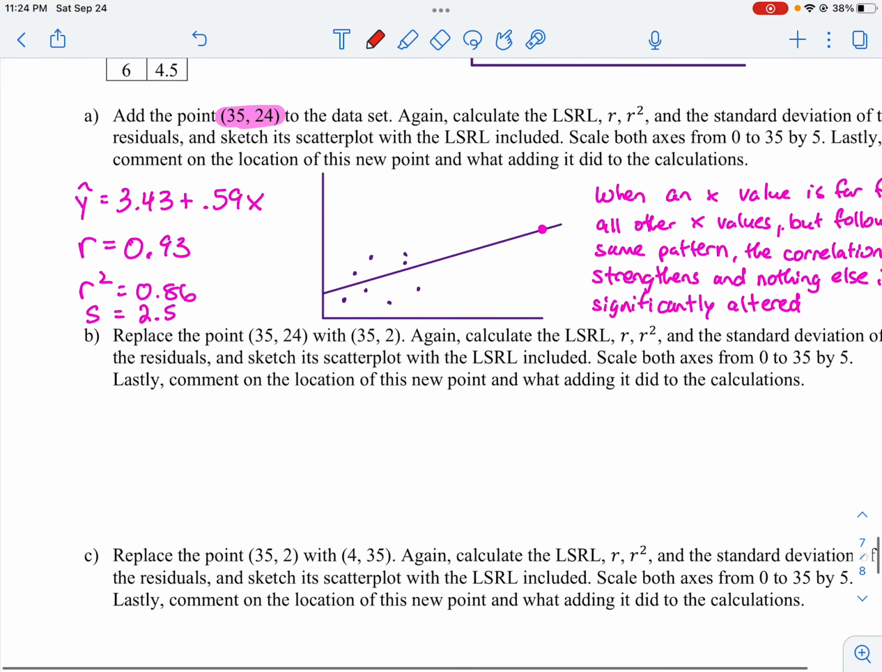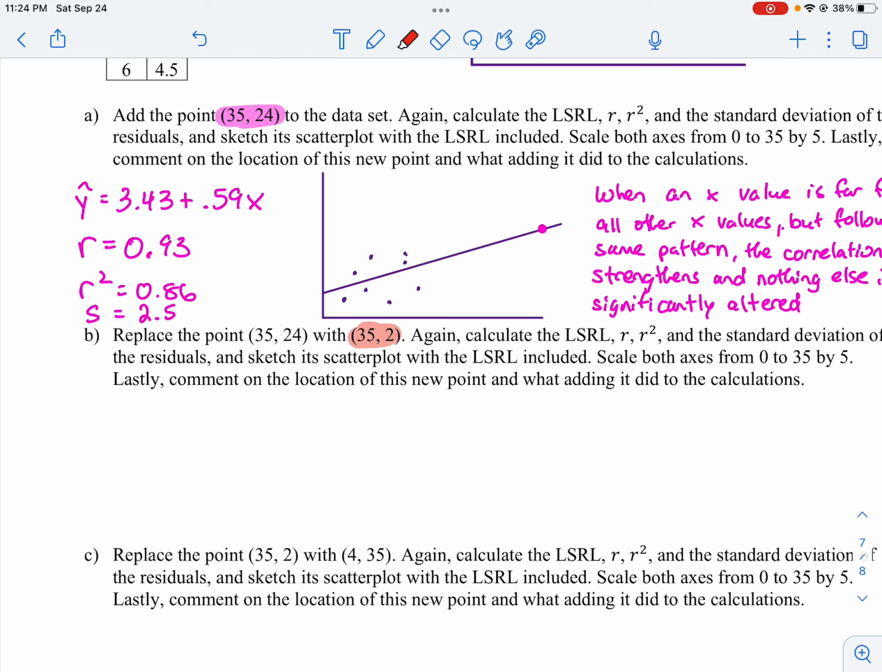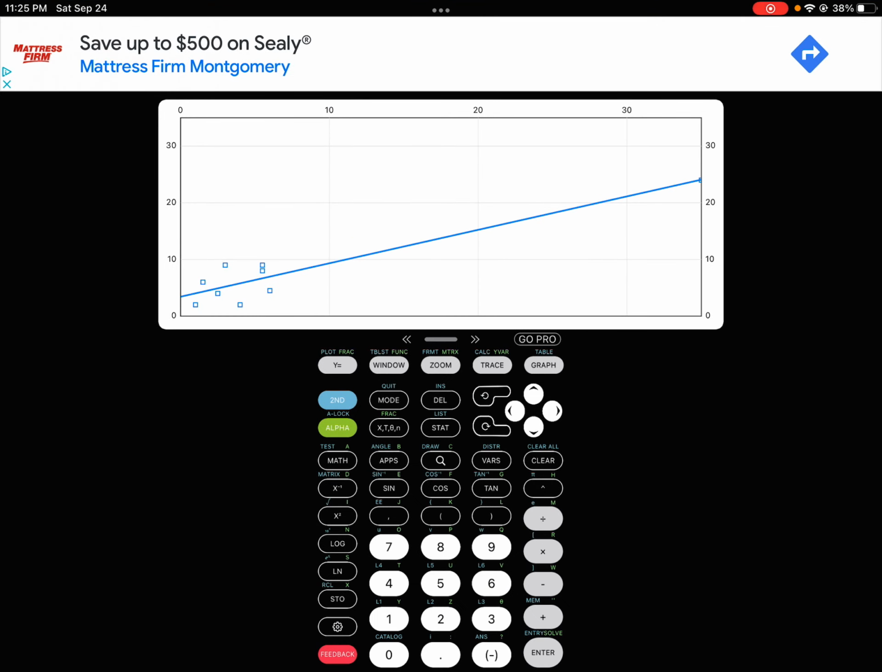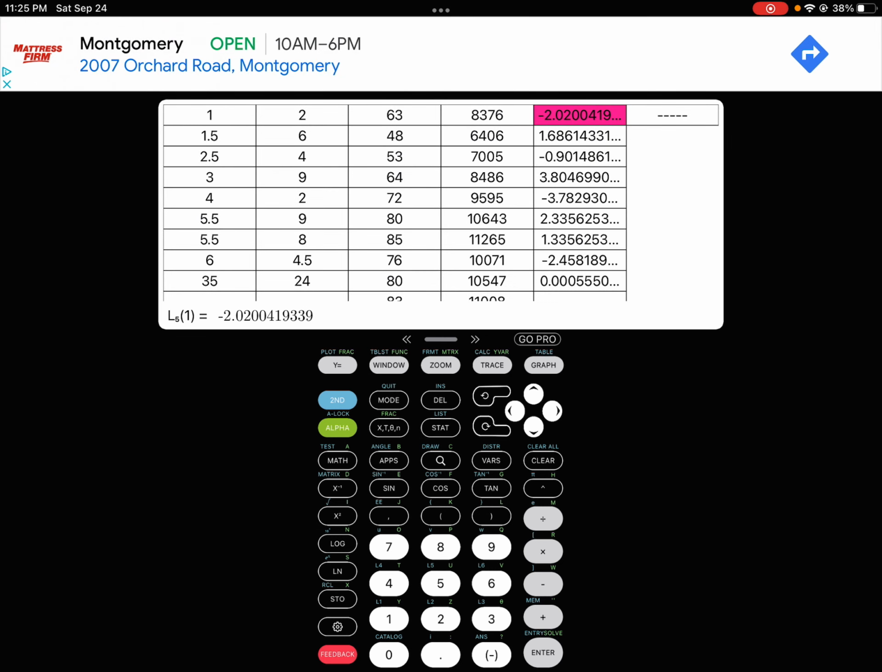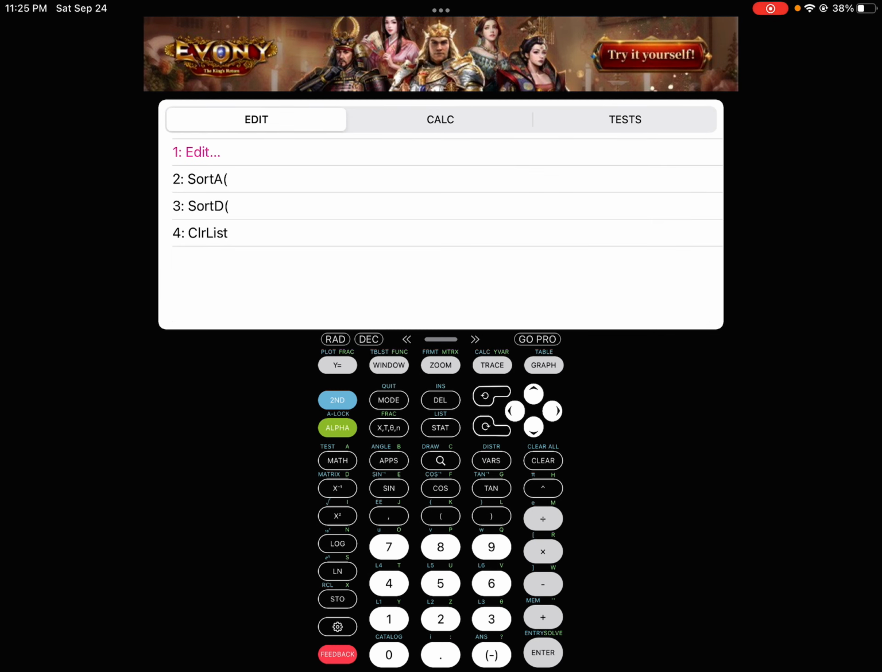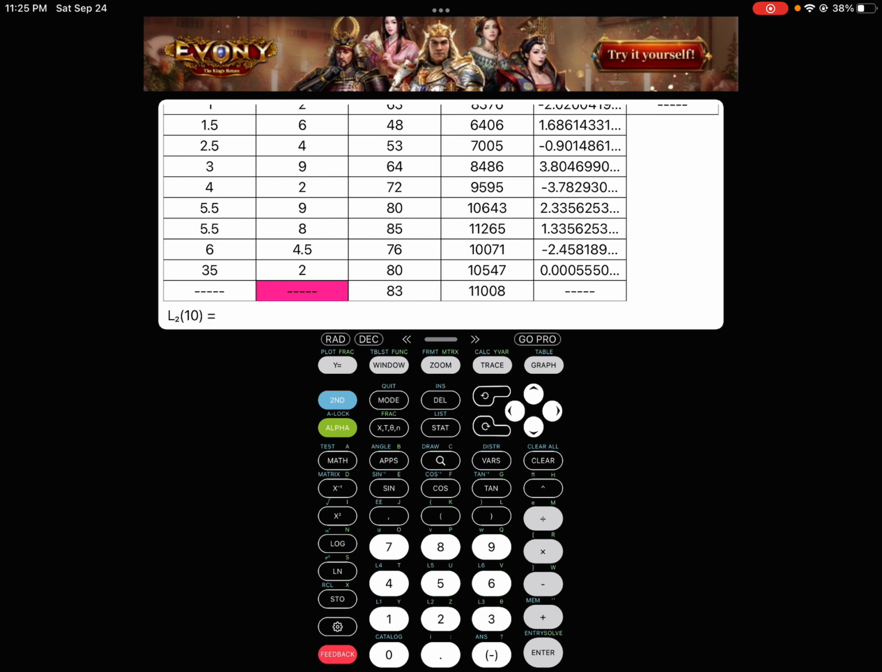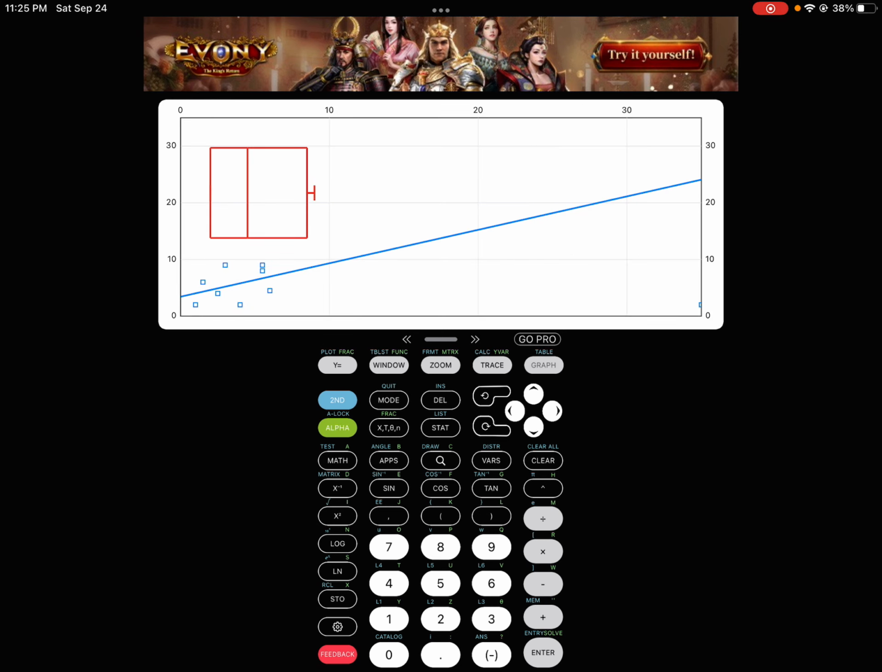So now, part B, replace that point that we just had of 35.24 with 35.2. So essentially what's going to happen is this point here is just going to drop down to there. And let's see what happens. So we're going to edit this and we're going to go to the point 35.2. Calculator's not cooperating much today. 35.2. Okay, and what you'll see if I just go to the graph really quickly,